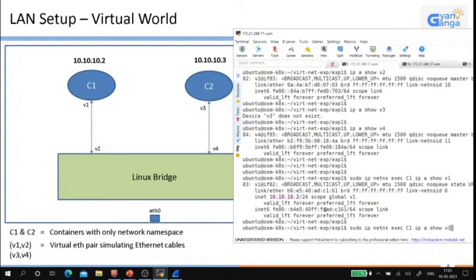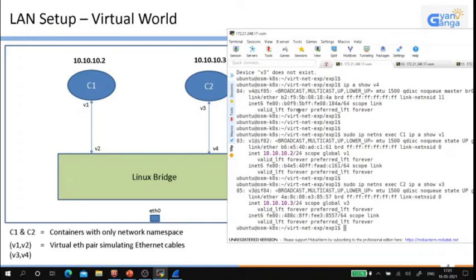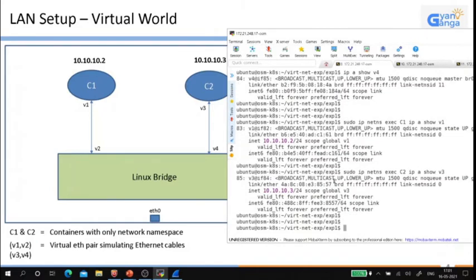Similarly, I can see v3 in the container c2. See here, the IP address is 10.10.3. We have index 85, whose other end is 84 in the host namespace. Okay, now we need to ping from here to here. So can we try pinging from the host and see whether it works or not?